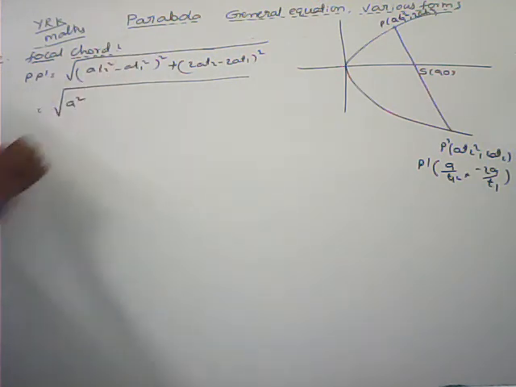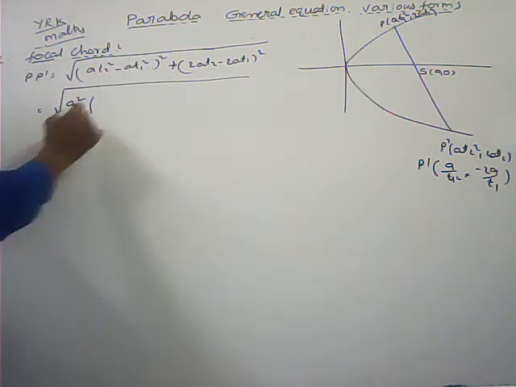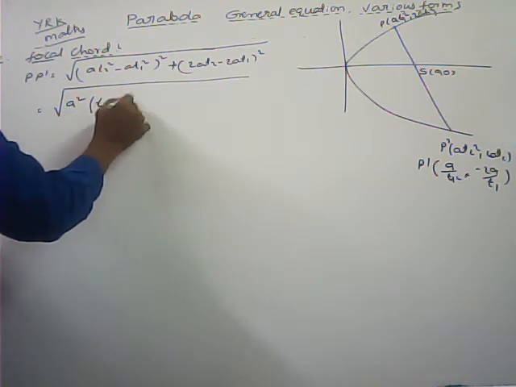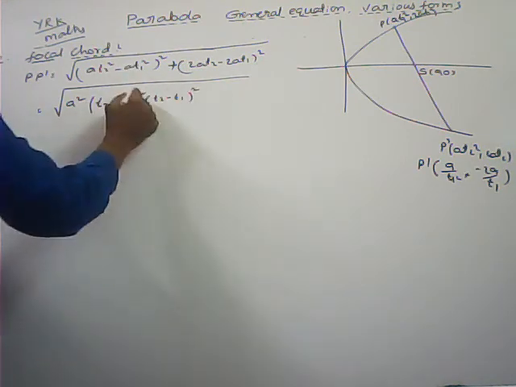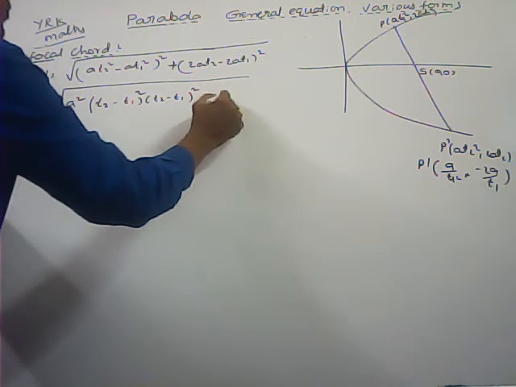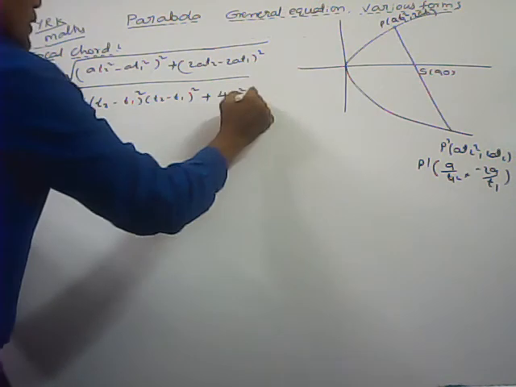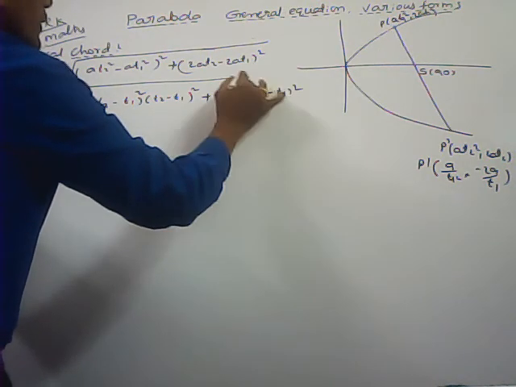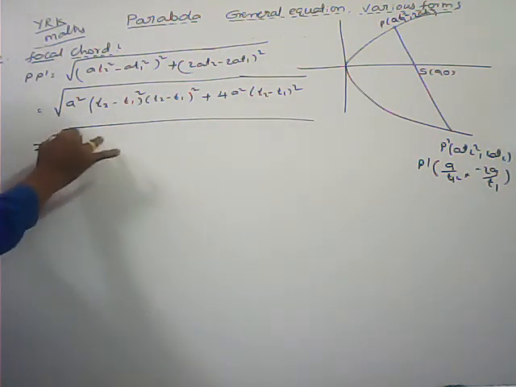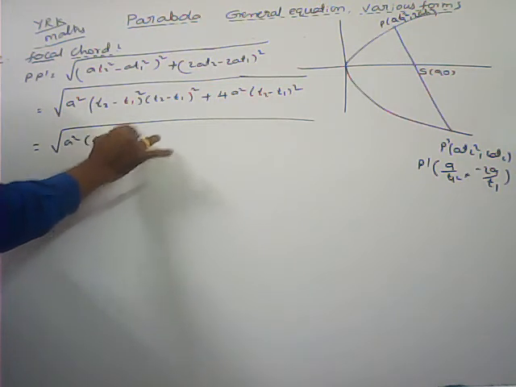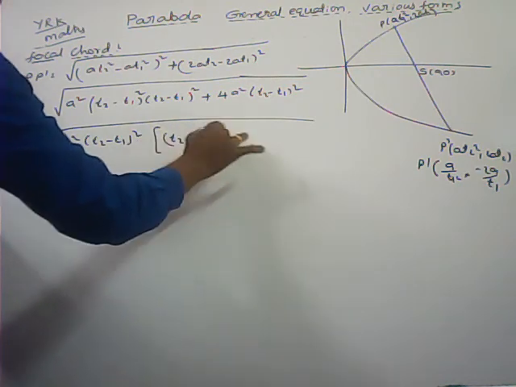is there, a square, in bracket t2 square minus t1 square is there, a square minus b square, we can write a plus b into a minus b. Whole square we can keep. Plus from these two terms I can take 4a square. If I take 2a common, whole square is there, 4a square, (t2 minus t1) whole square. So from these two terms, a square and (t2 minus t1) whole square, both are the common terms. Here we can get (t2 minus t1) whole square times [(t1 plus t2) whole square plus 4].